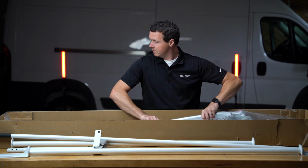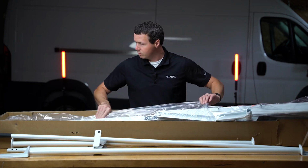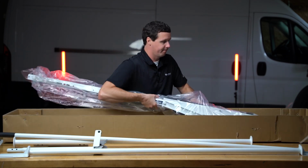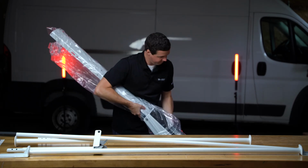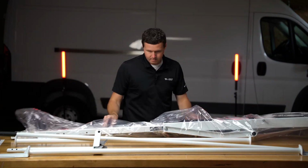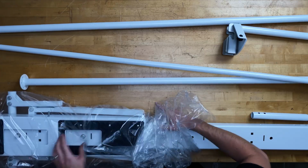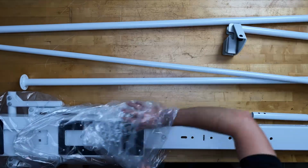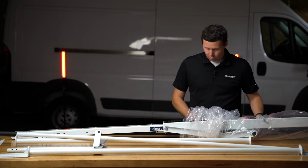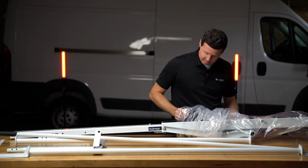And then we do have one of the crossbars that has the mechanism installed on it. So let's take a closer look at this. Now this piece definitely is aluminum. Just get it out of the bag here. So the 4A99H or the 4099H is basically